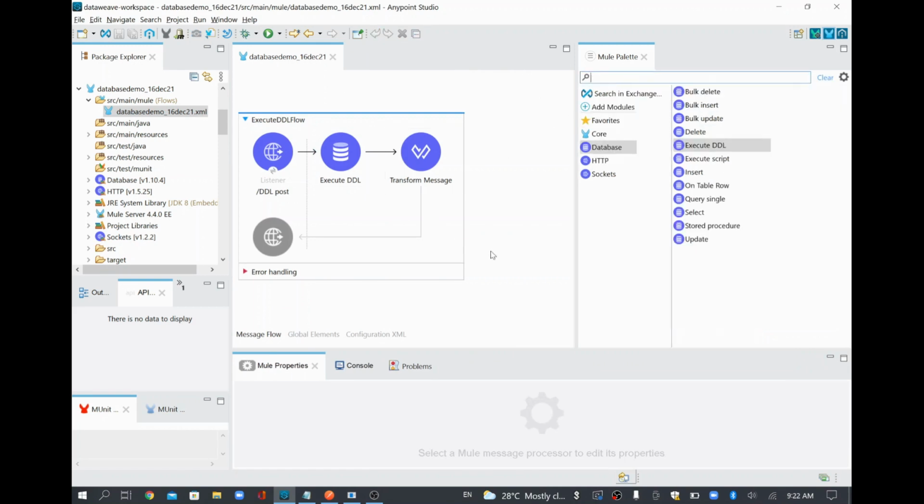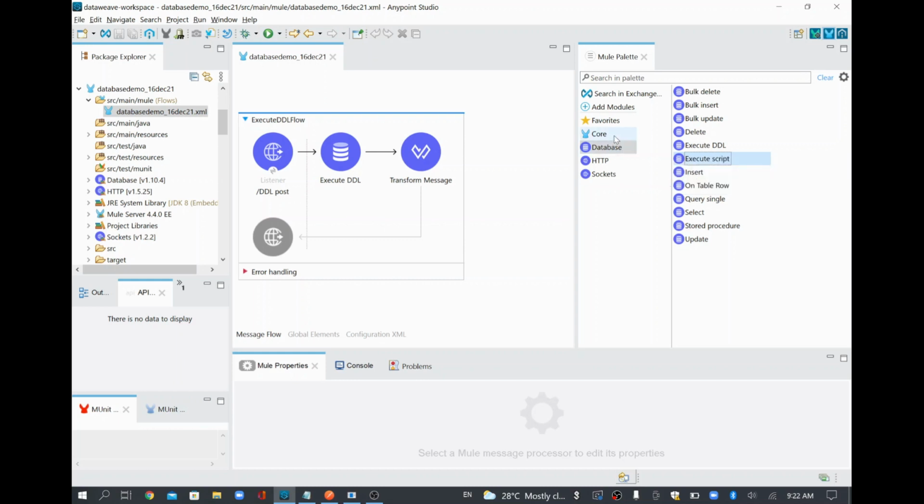So what we are going to do is, I have something called execute script. For example, if you wanted to execute a list of scripts, through this option you can do it. For example, with select you can do a select, with update you can do an update, and insert is for a specific operation, right? For example, I have a script which I wanted to execute. Even if you have multiple entries, you can do it via this execute script option.